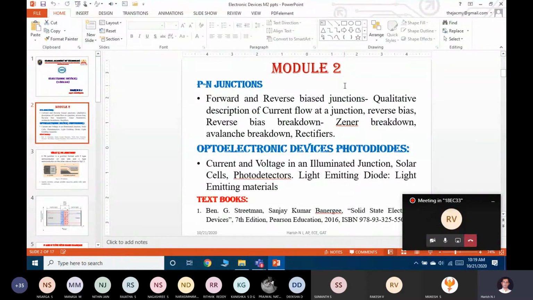With respect to supply voltage increment, does your depletion region increase or decrease in the forward bias condition of a PN junction diode? Decreases, sir. At a particular voltage, your cut-in voltage will be equal to 0. When it is equal to 0, holes as well as electrons easily diffuse from p-type to n-type and n-type to p-type. This condition is called the forward bias condition of a PN junction diode.